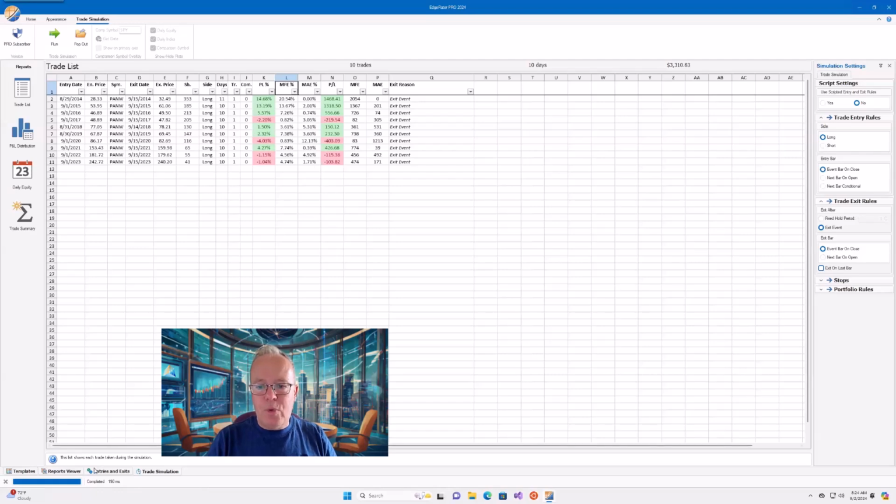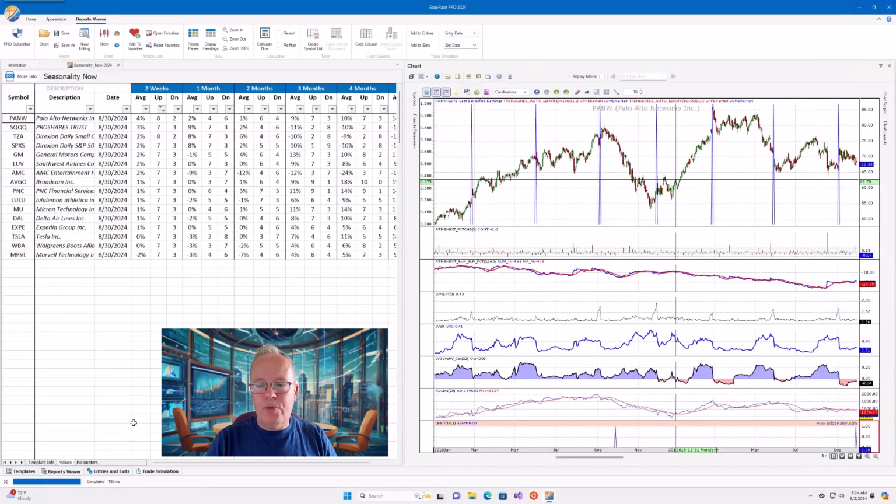Okay, so that's one thing you can do, and that's where the genesis of this idea came from. So the idea was you've got your summary we've always had, and then you can create an event, and you can create trade simulation, and that's a very manual process. It's something you have to do in the entries and exits tab, then run the trade simulation. So it's a few steps in order to get that information.